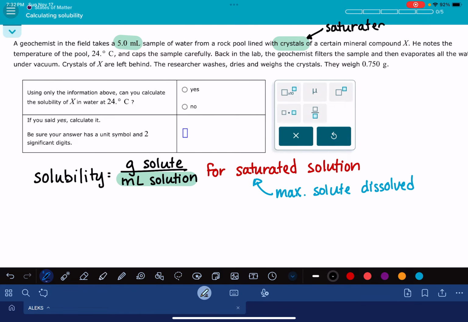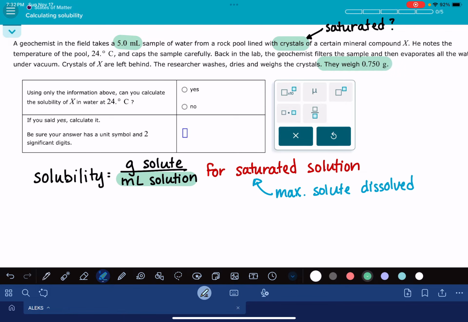I don't think it's a guarantee, but it's pretty sure that it's saturated. And then it tells us that this sample goes back to the lab, it gets filtered so that the crystals are removed, and then all the water gets evaporated, crystals are left behind, and they weigh